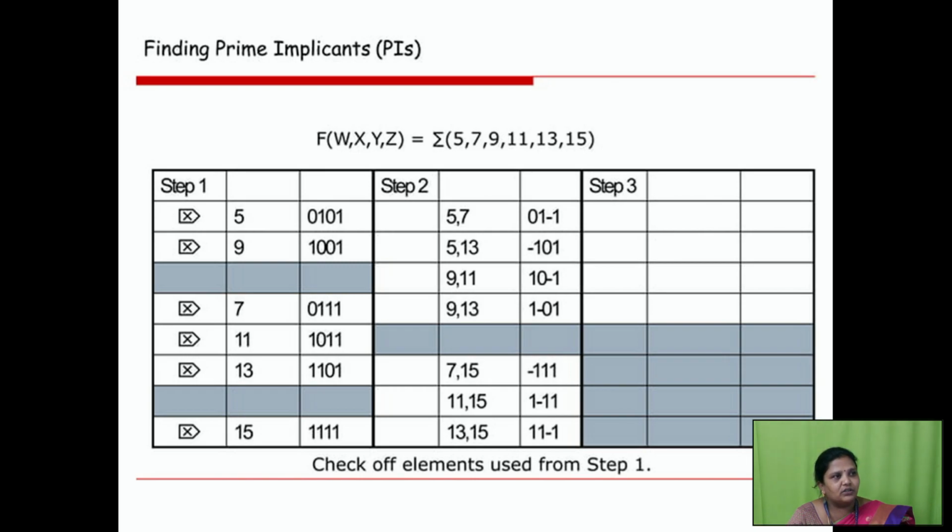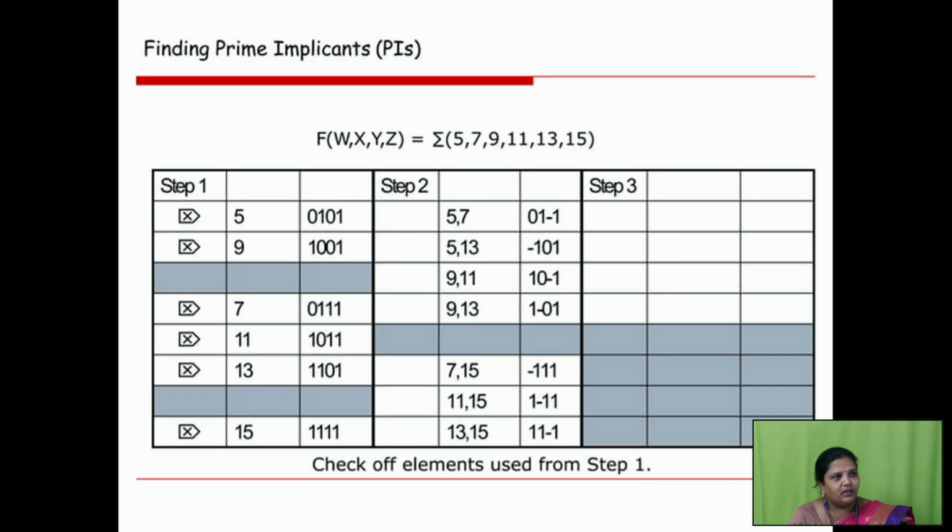Then next we have to check with your 13 comma 15. When you are checking with your 13 comma 15, what is that? We'll have here 1 1, and the third position is changing, so 1 1 dash 1. Okay, so next we have to check if all the elements are covered, and then next we have to go